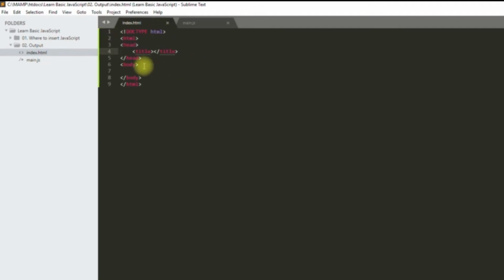And now what we're going to do is talk about JavaScript display possibilities. So JavaScript can display data in different ways. The first display possibility we're going to talk about is innerHTML. So let's go inside of this file here, and I'm going to comment innerHTML. Now what we're going to do is make a script tag here. And inside of that script tag,